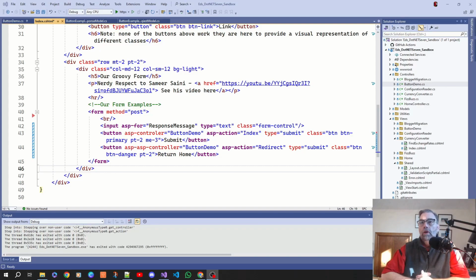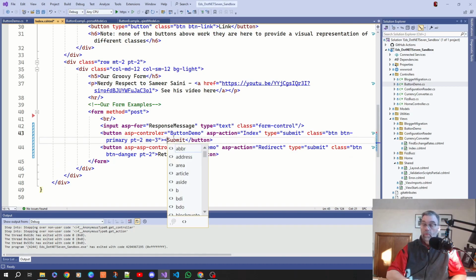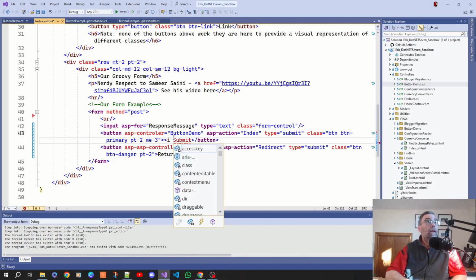All right, the final thing we're going to look at today is icons and tooltips. Icons and tooltips are cool because they make your form more visually pleasing and they allow for people with disabilities to use screen readers and use your website. So what we're going to do is include an icon, and there's a simple way to do it. What you do is you create what is called an I class. So I, and then you define the class